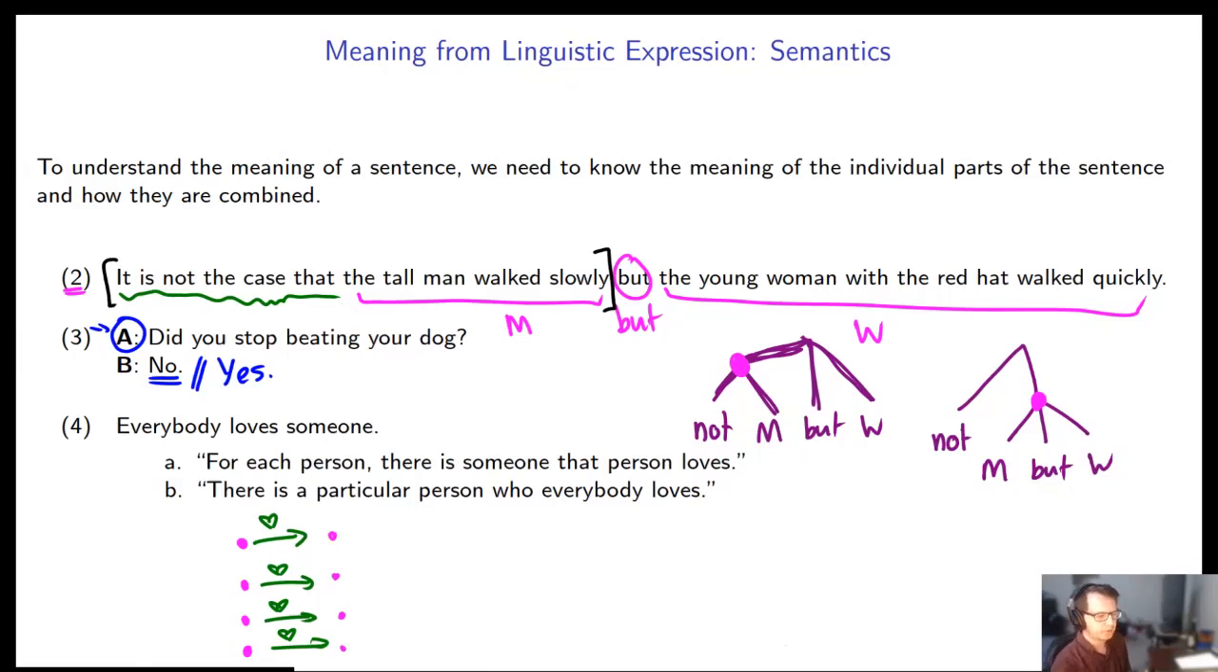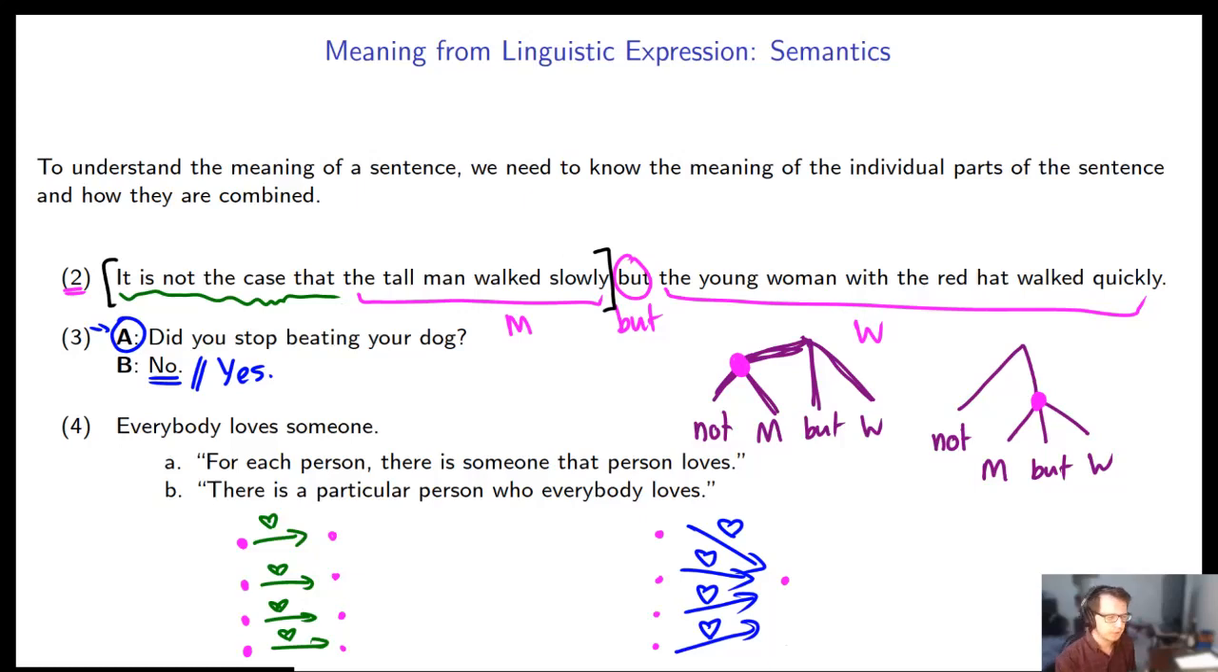But there's another interpretation to that sentence. There is an interpretation where everybody loves someone, or someone is the focus. There's a particular person who everybody loves. So there's one person in particular who everybody is in love with. Everybody loves someone. So there's a second interpretation to that sentence. And this is really interesting linguistically